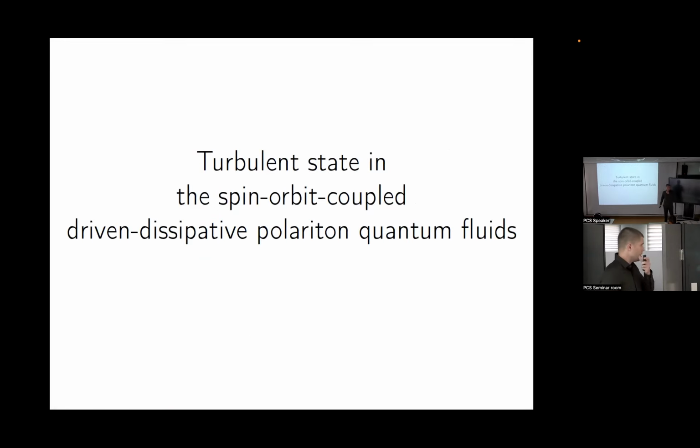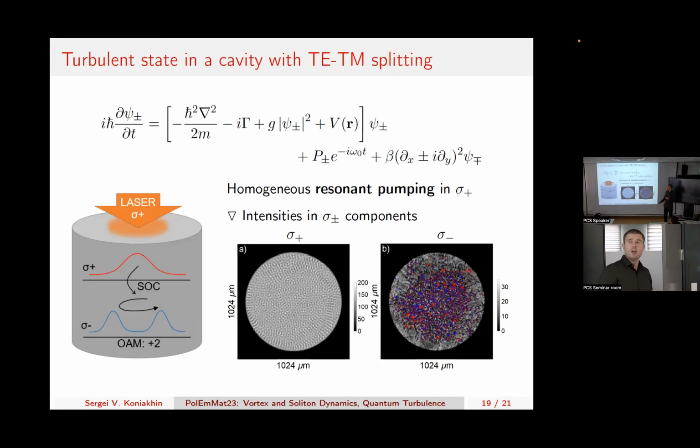And here I would like to finish my talk today with the configuration of excitation of turbulent-like and high angular momentum state in the system with spin-orbit coupling, in effective spin-orbit coupling caused by TE-TM splitting. Here are the equations governing the dynamics of the wave function of two components, sigma plus and sigma minus polarization. And in this scheme, we were pumping one of the components, let's say the sigma plus component, and we were looking at what happens in the